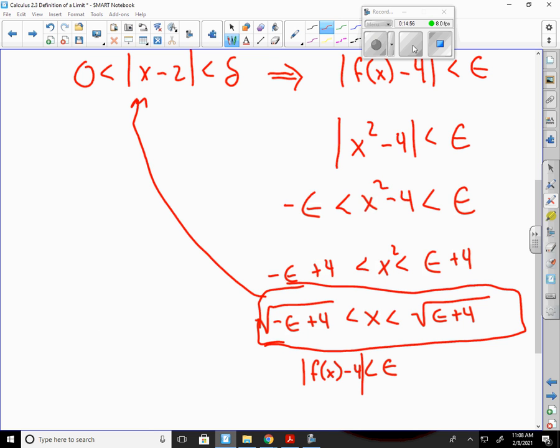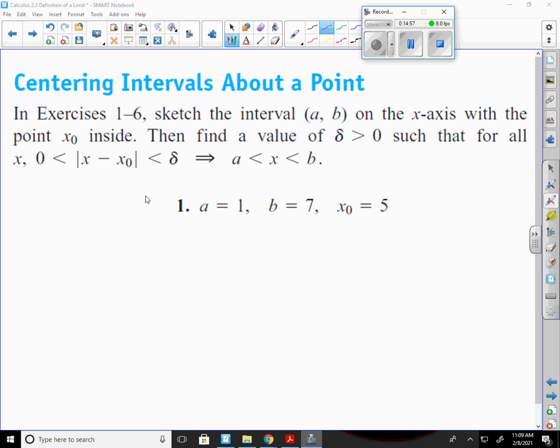Questions? This is going to start our homework, and I'm just going to give you some examples of what this looks like. For number 1, if this is 1 through 6, it's going to say sketch the interval AB on the x-axis with the point x0 inside, then find the value of delta greater than 0, such that for all x, 0 is less than the absolute value of x minus x0, less than delta, so that I can come up with